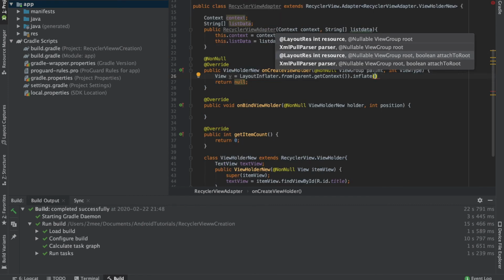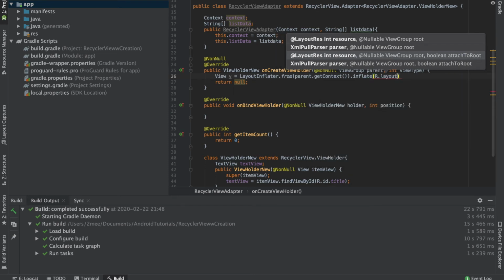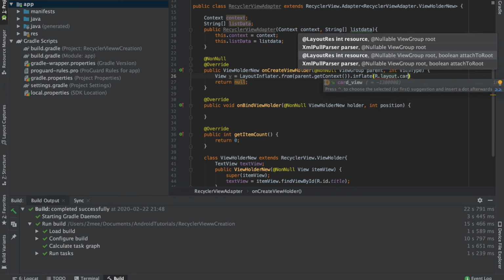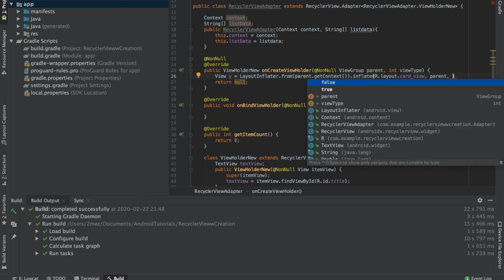So first thing is we need a reference, that is we have r dot layout dot, we have the card view that we just created, right, and comma, we are going to add in the view group next, right, and also there was a third parameter,